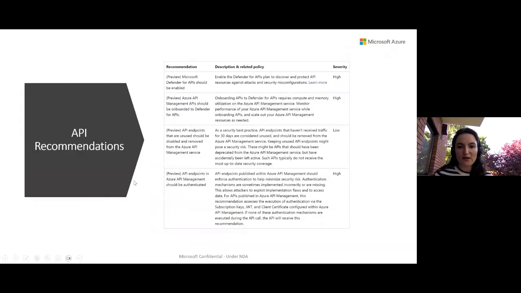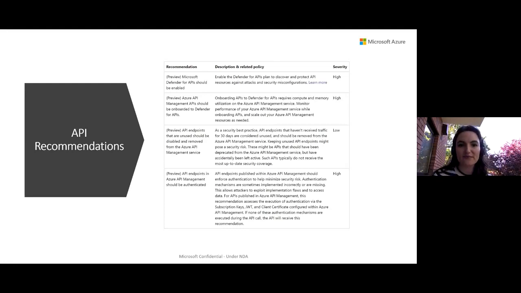I wanted to tell you which recommendations we have that are live now and associated with APIs. We've got two types. We've got API recommendations, and I'll tell you in a minute about the API management recommendations.